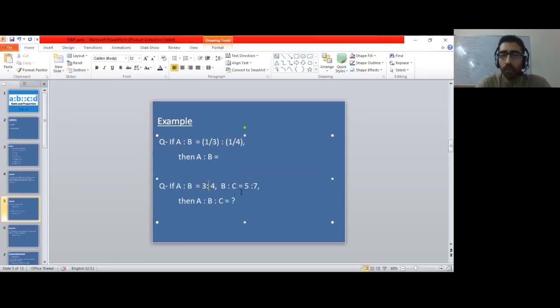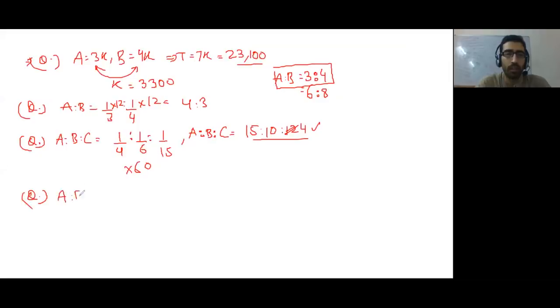Multiply the two ratios, or convert the two ratios to get the LCM of 4 and 5. A is to B was 3 is to 4 and B is to C was 5 is to 7. Change this, since B is common. The common B will help you make a bridge between A and C.